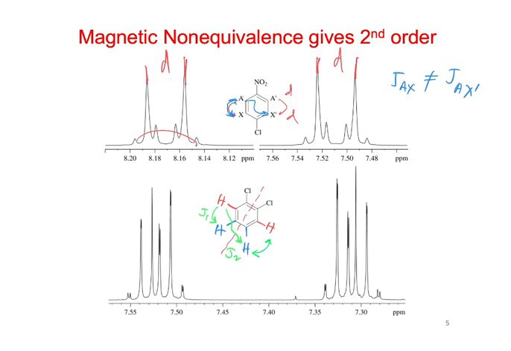It would be a doublet, but when it's coupling also over here, it might be a doublet of doublets. If it wasn't symmetrical, it would be a doublet of doublets. But because this is coupling to the two red ones, and the two red ones are equivalent, it causes, again, this kind of second order stuff with these small peaks down here at the bottom